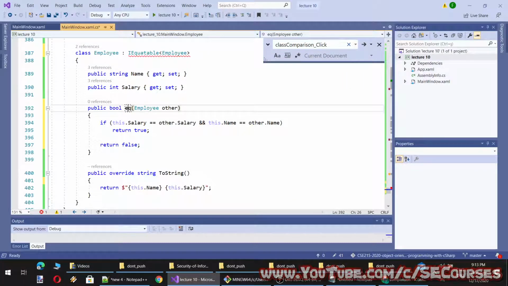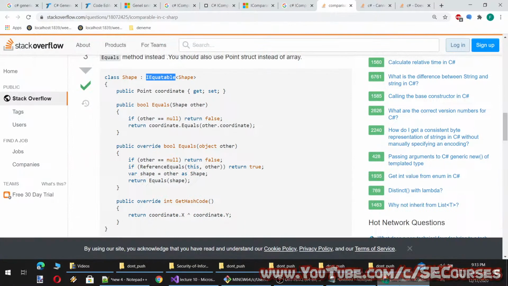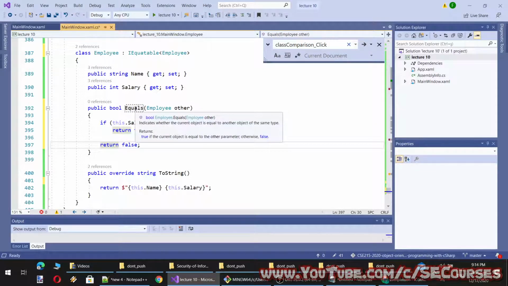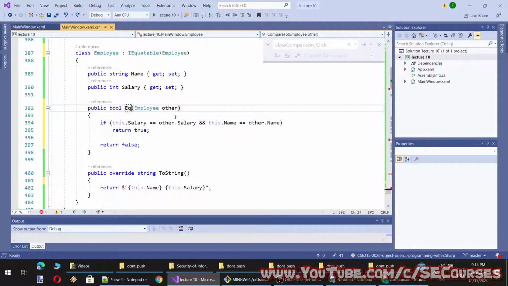okay, so Equals is a special keyword. I see. So IComparable is used for sorting, therefore it is not what we want.